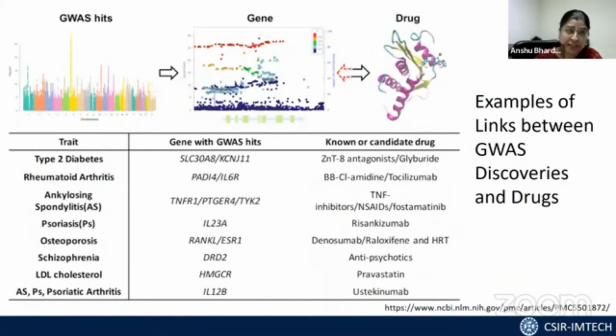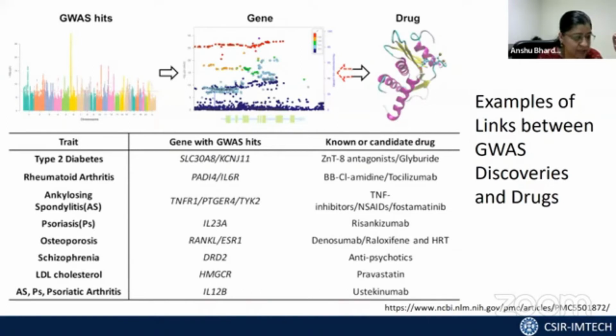There are many GWAS that have been done till date, and we do have some success stories. If you look at this publication, they have listed several traits for which genes were identified using GWAS, and they ultimately allowed discovery of drug candidates to treat these diseases. So we do have success stories, meaning these methods work. Obviously, the number of GWAS that have been performed versus the outcome is not comparable. So we need more intelligent methods of doing that and maybe a better readout.